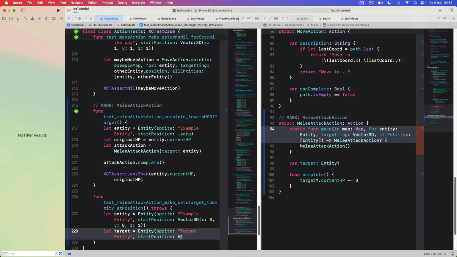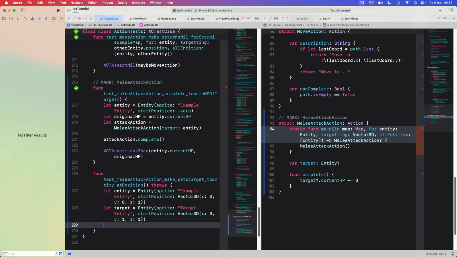Add a valid targeting position. So this one is standing next to our entity, which makes sense as this is intended to be a melee attack action. So then we have our melee attack action,